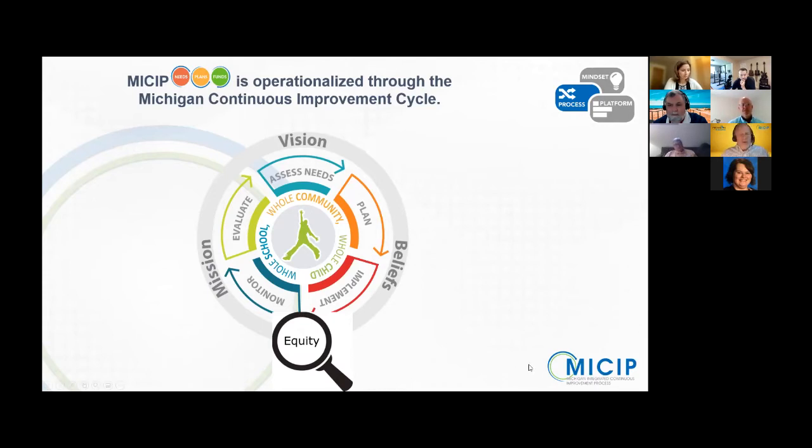Next, I'd like to move on to the actual components of the cycle. Again, you see that equity is the lens through which we're looking at these individual components. And as we've said before, the entire cycle is contextualized in that mission, vision, and beliefs, which gets back to how critical both the organizational vision as well as the personal vision and personal beliefs of the members of the organization are, because that even affects how we look at the specific elements of the individual cycle.